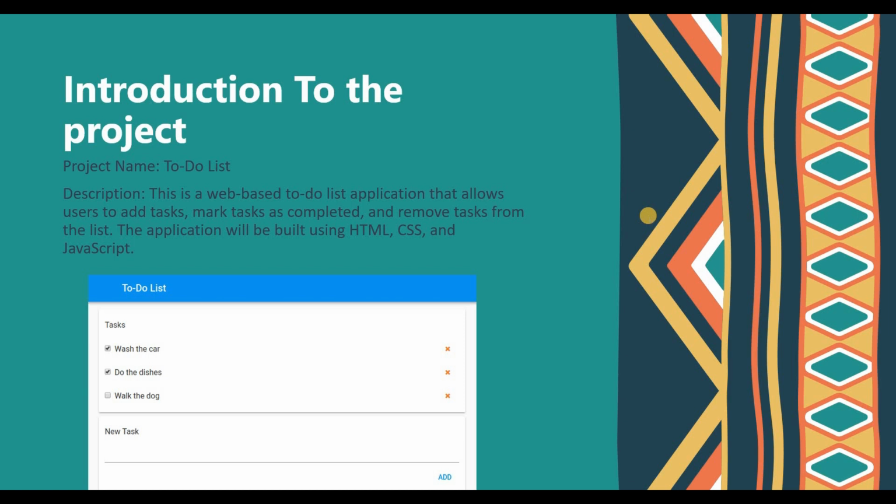So that's the case. Actually, in this case, I'm not sure to close the task. I just show by clicking the checklist, and after we click the delete button, the task will be removed. The added task will be removed. So